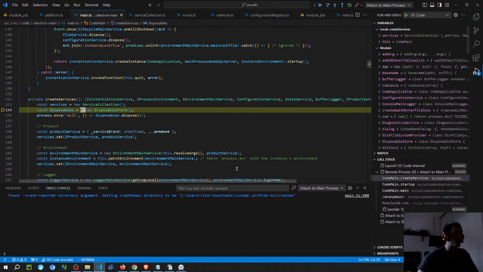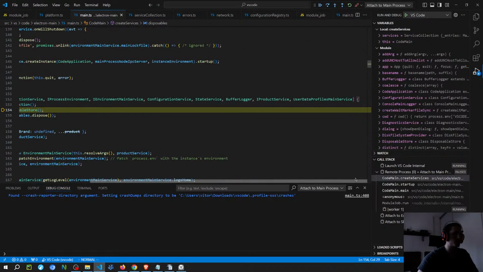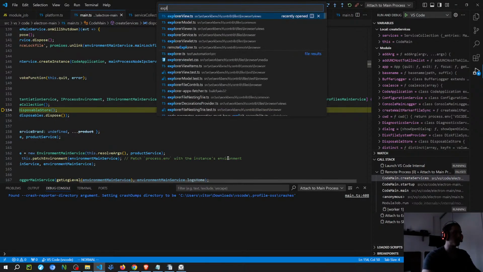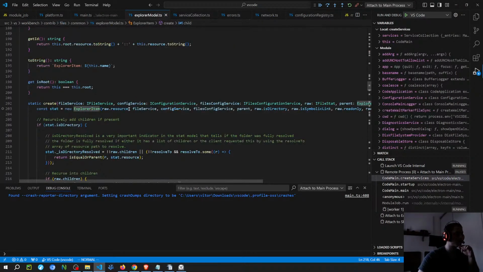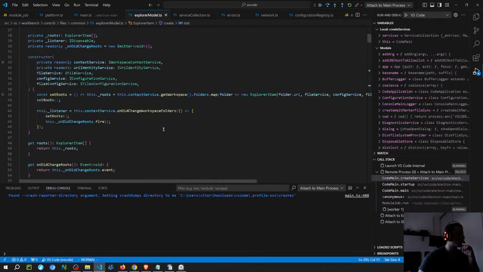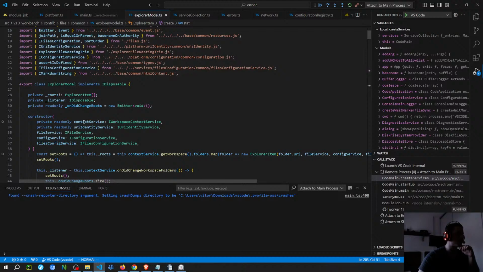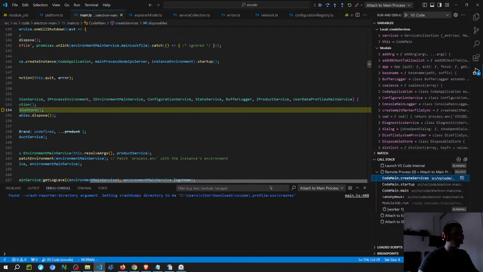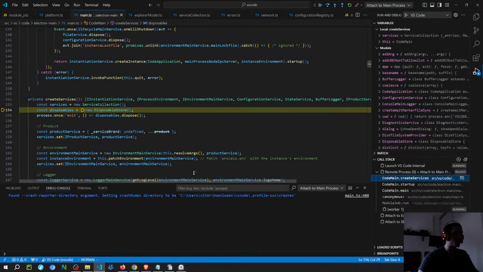So I have to remember the name of the... Let me open. Let's see if I can. Explorer model is context. So this is the one that I'm trying to... Let's see if there's... There isn't any name that is similar to context here, so